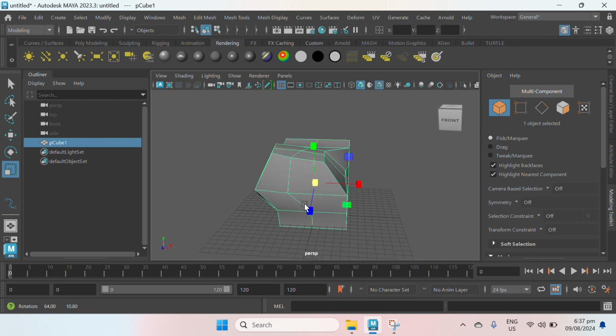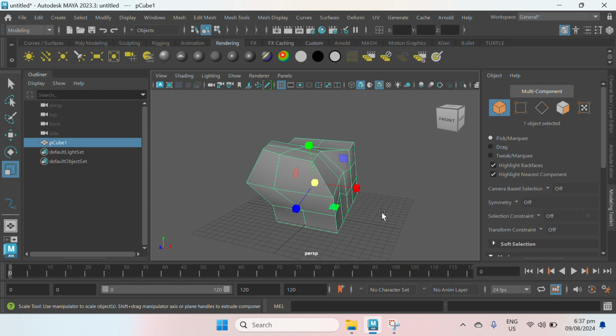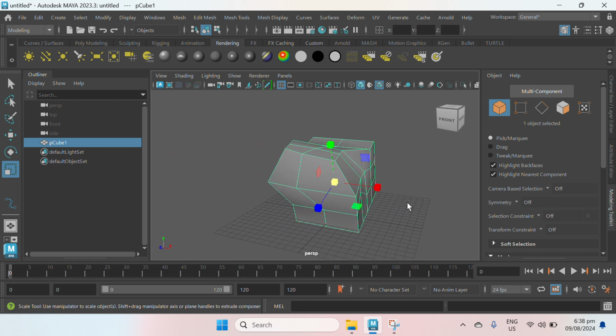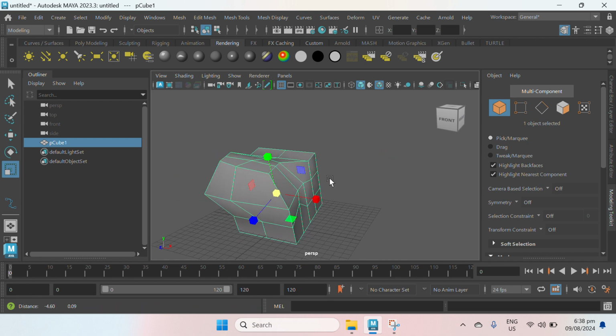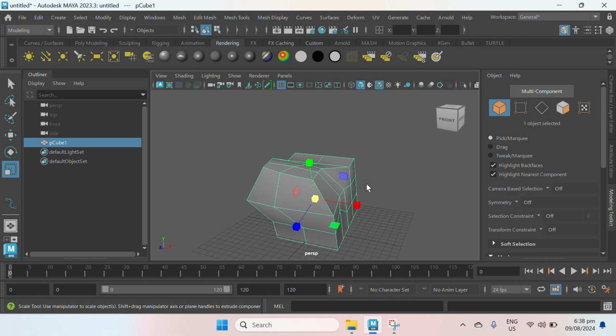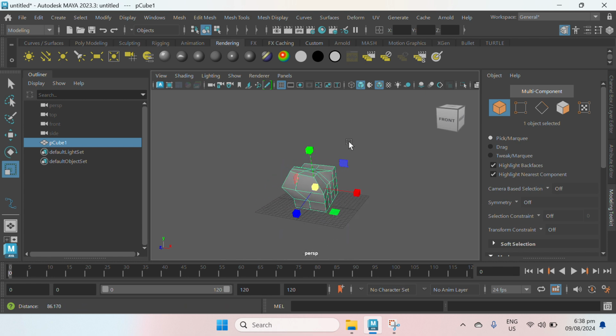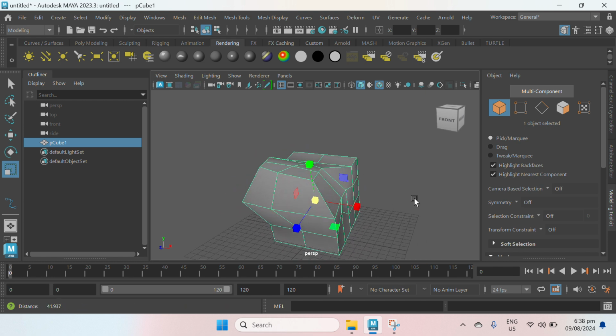And then next will be track. Currently, I'm still pressing the Alt button. While pressing the Alt button, click the scroll. So this one is the track. And then next will be the dolly. For the dolly, make sure to hold the Alt button. And this time, I'm using the right mouse button to zoom in and zoom out.